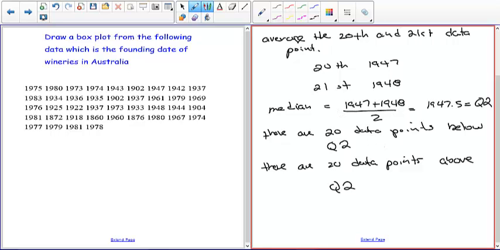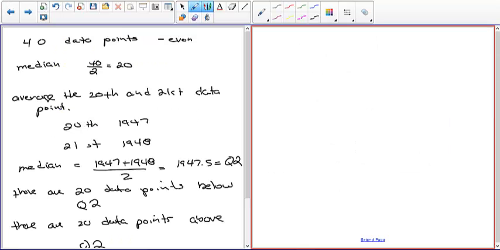Okay, so you take those 20, and it's even again. So when you divide 40 by 2, you get 20, which is still even. So the median of the lower 20 data points is you take 20 and divide by 2, which is 10. So you'll take the 10th and 11th data points and you'll average those together. Okay, so let's do that. So since the Q1 calculation involves 20 data